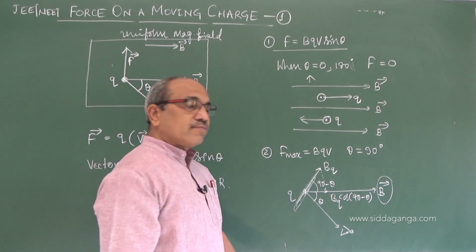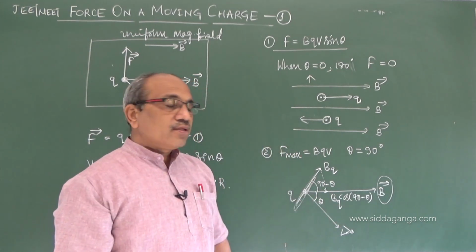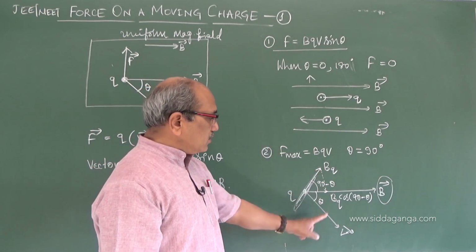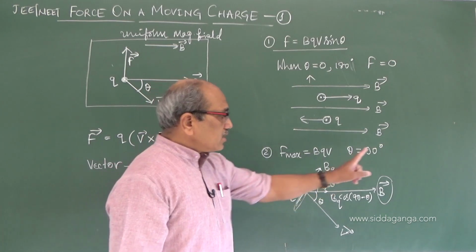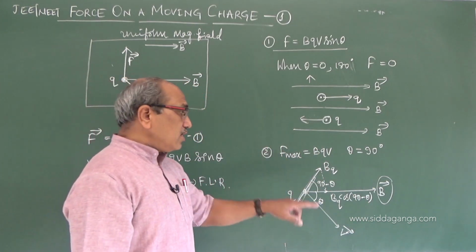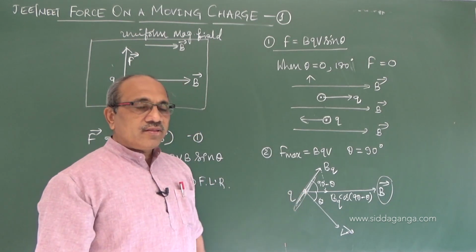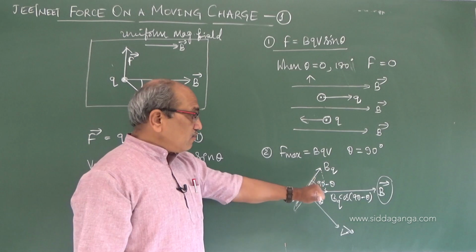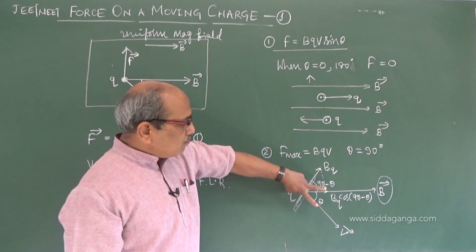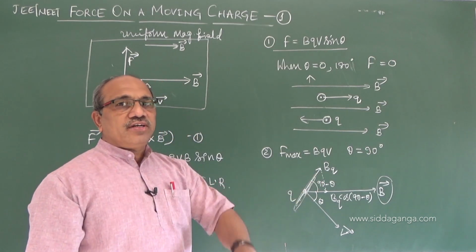If the charge is at rest, or is not giving any interaction of its own field even though it is moving, then there is no problem for it. If any interaction comes from the field generated by the motion of the charge, it is opposed by the existing field, and this field opposes that interaction, thereby wanting to push the charge out of the magnetic field. Therefore, the charge has to be pushed perpendicular to the direction of both B and V. It moves perpendicular to the direction, wanting to come out of the field.